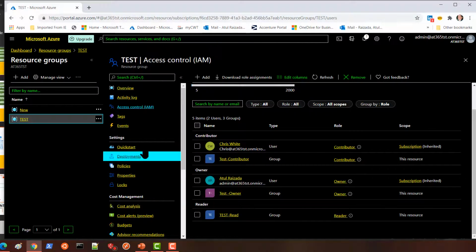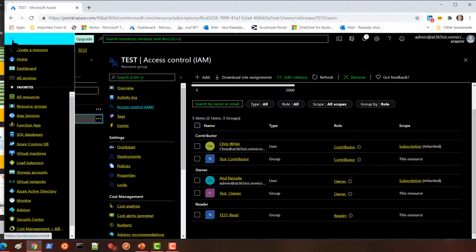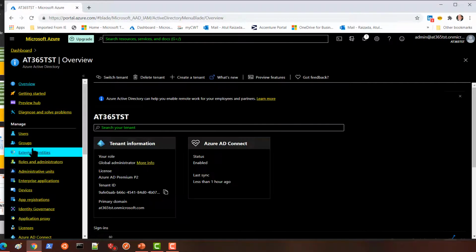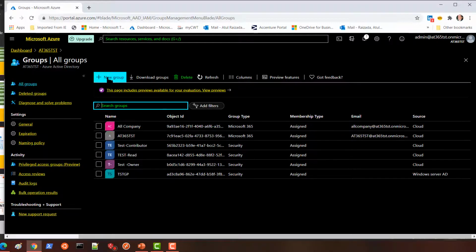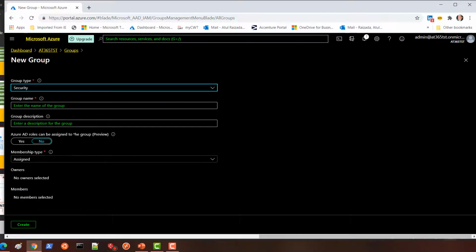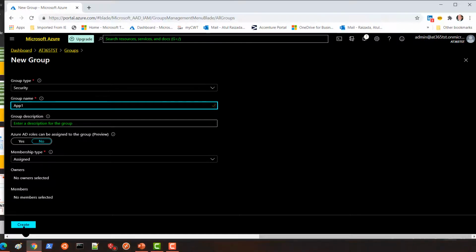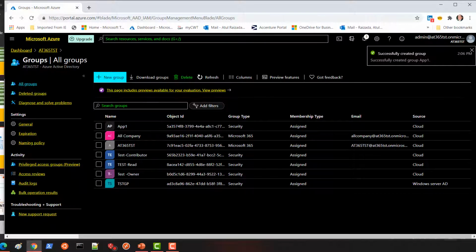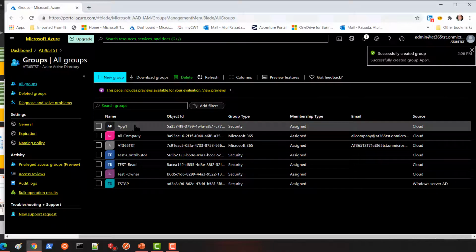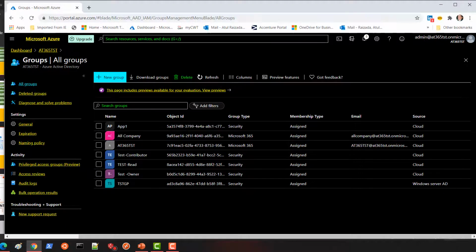Now for an example, going back to the Azure Active Directory now, I can create one more group, and this is the group that I have. This could be a sync group, right? I don't really have any problem with this, because this group is okay. If I say here, this group is called app1, right? And now app1 is my application 1, which needs the contributor rights on